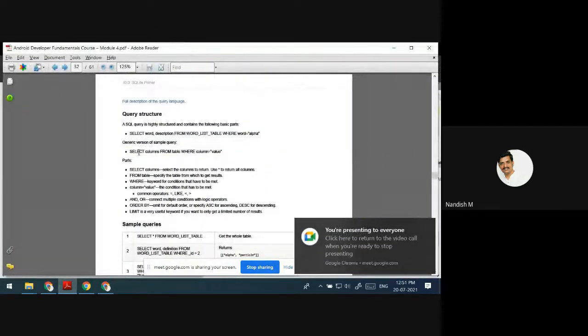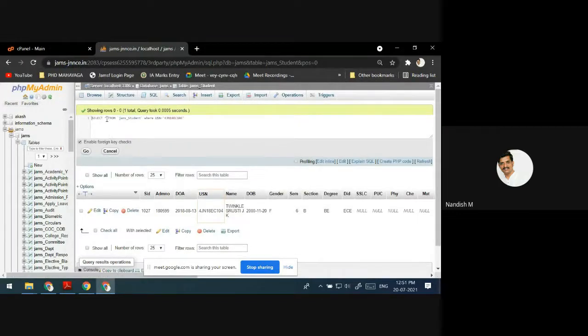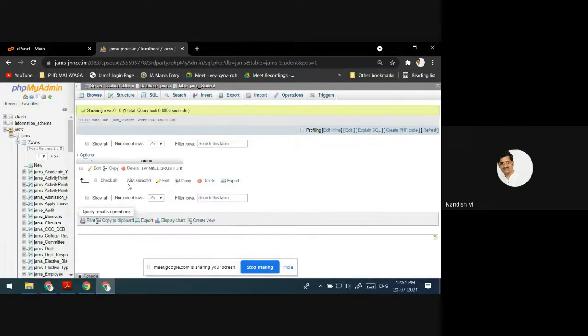That is the syntax. If you want to select anything, you select the column names. See, I have given star. Instead of that, if I directly give the name, I want the name of this USN, then I'll directly get the name.